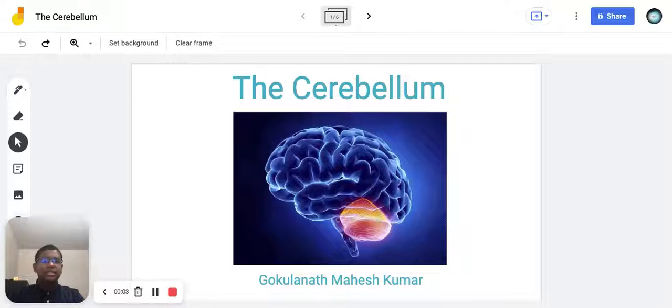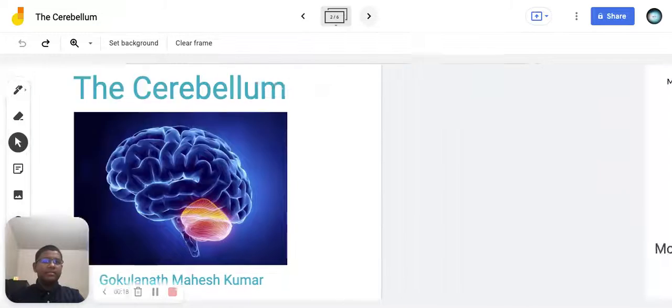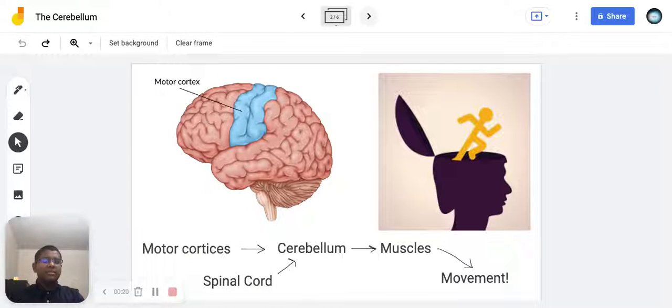Today we'll be discussing the cerebellum. The word cerebellum is Latin for little brain and is named rightfully so. Cerebellum does look like a miniature version of the brain as it protrudes from the inferior and posterior region of the cerebral cortex. Although the cerebellum is involved in a multitude of neurological functions, it's best known for its modulation